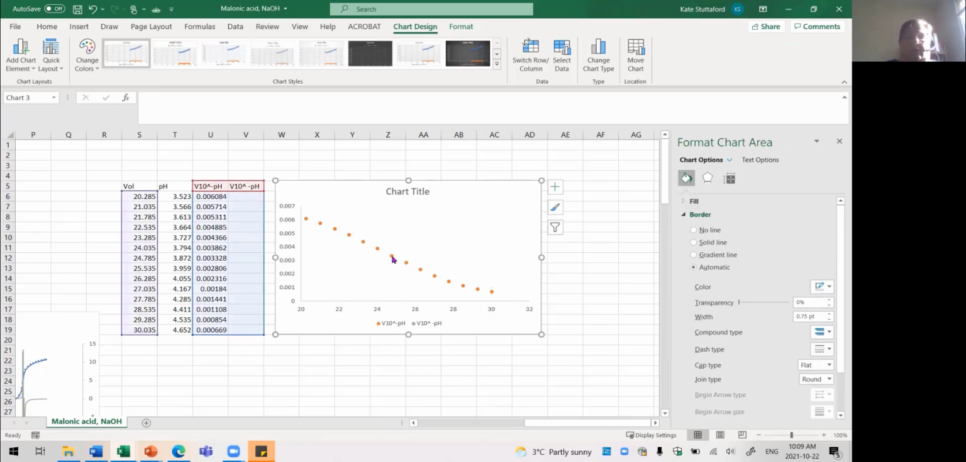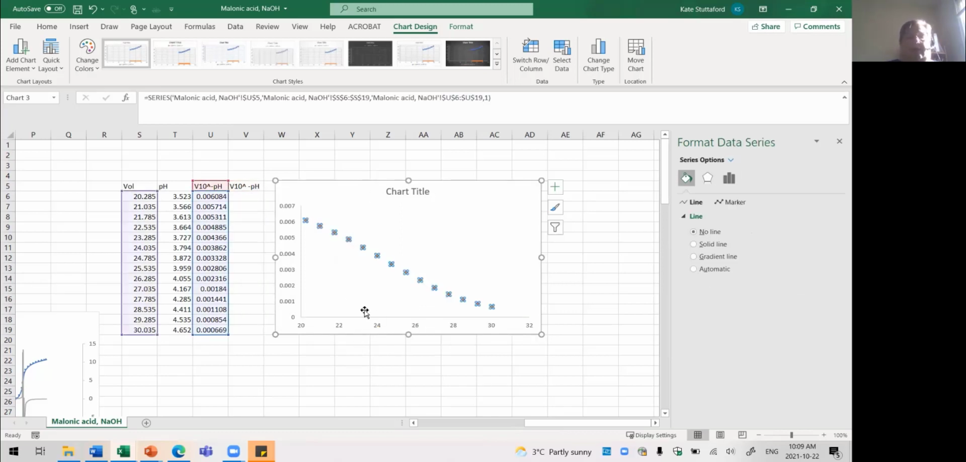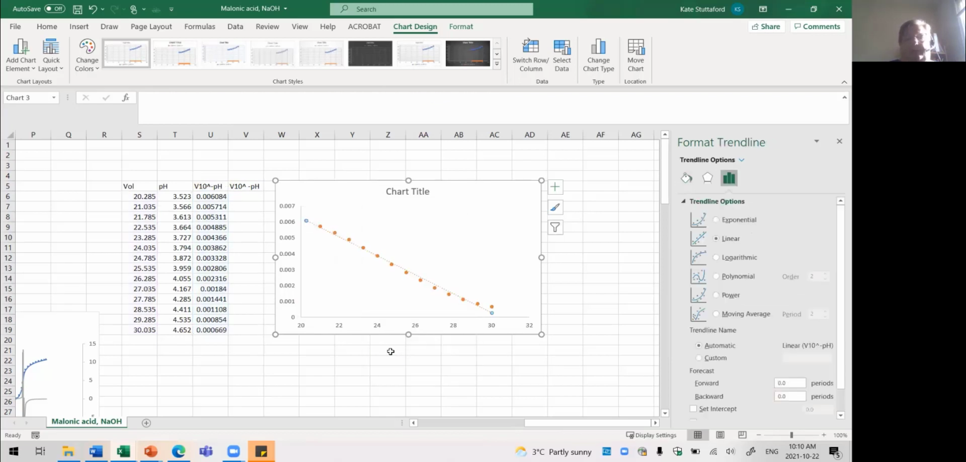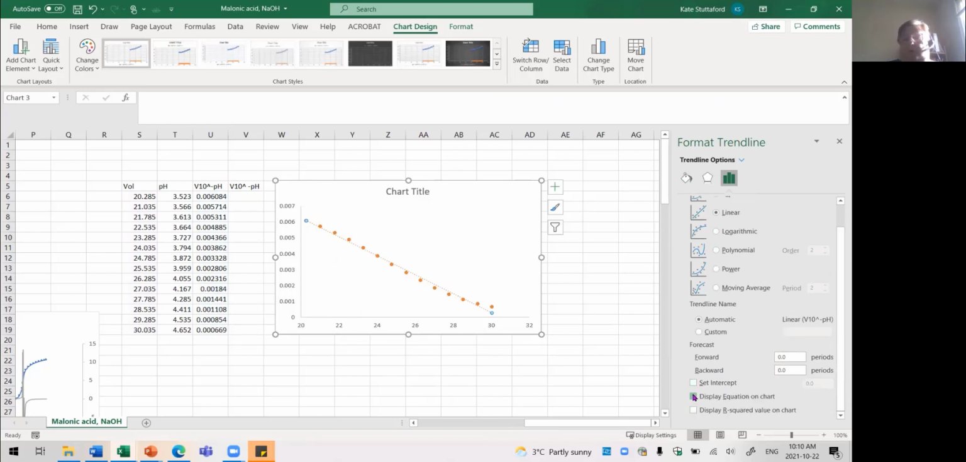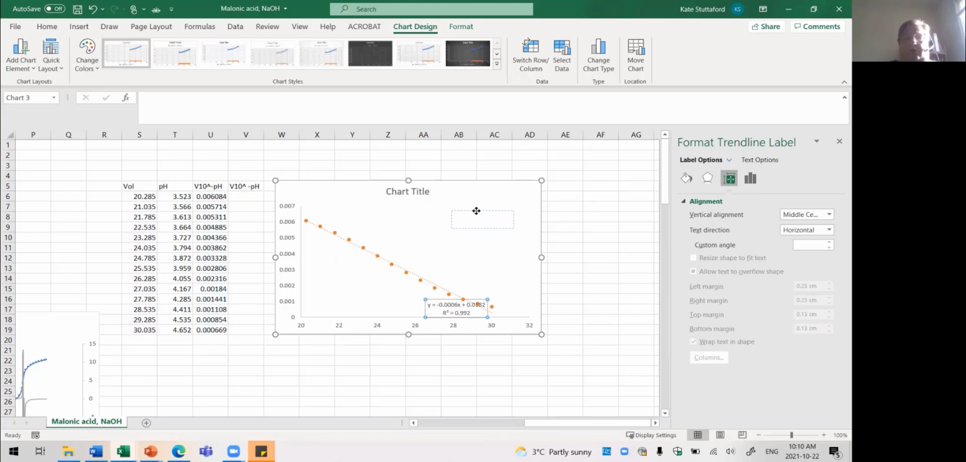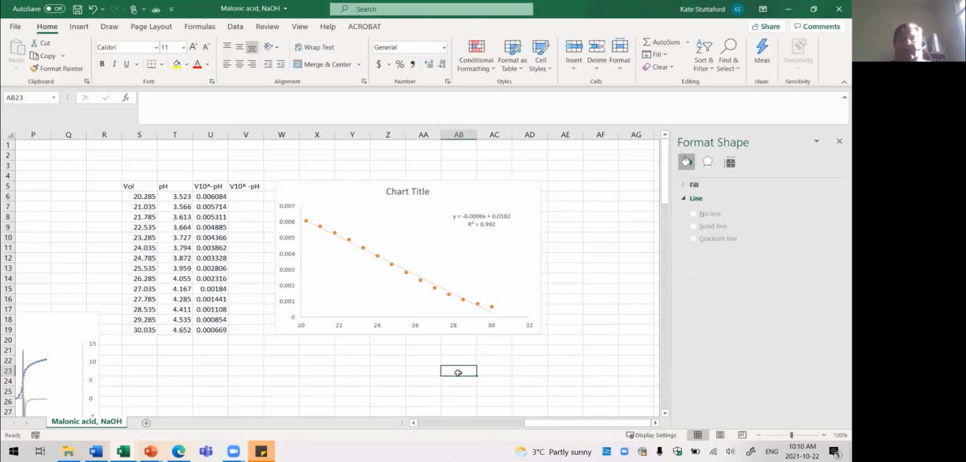All right, so what I want to do, and I don't need a legend because there's only one set of data on here. So again, it needs a title, it needs axes labeled. But what I'm going to do is add a trend line. And it's linear, and I'm going to display the equation and display the r² on the chart. Okay, so there's my